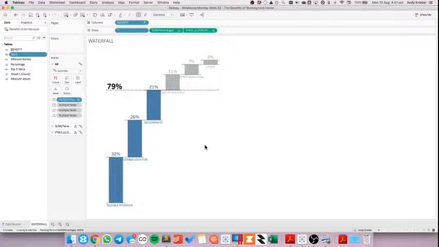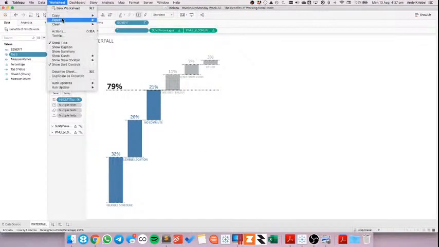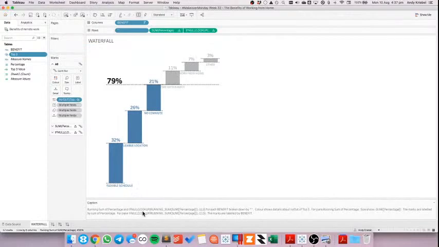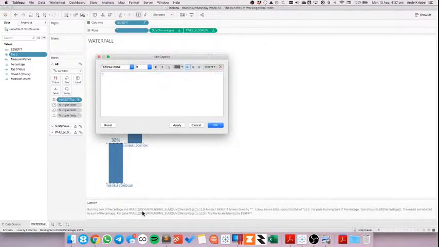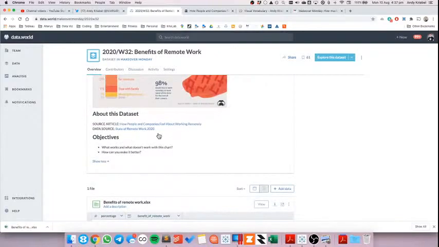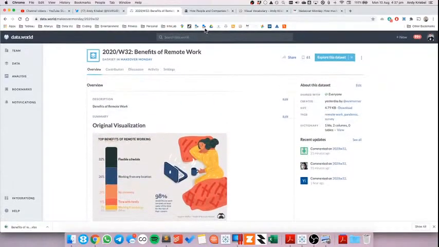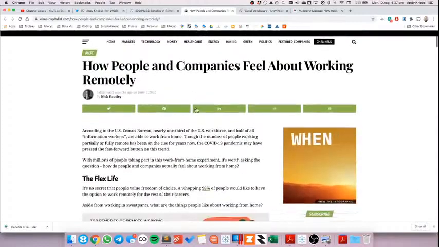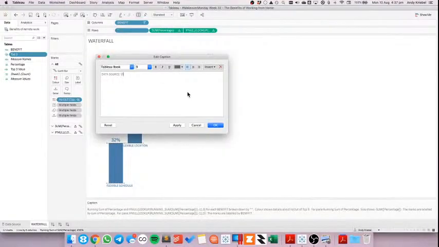Right, what else? Okay, I can go ahead and turn on my caption. So I'm going to call this data source is, this is where I got to go back to here. My data source is, what is it? Visual Capitalist, I guess. And then Makeover Monday week 32. And then created by